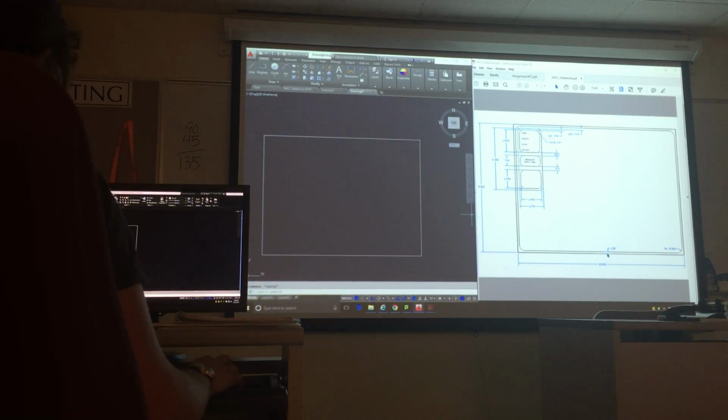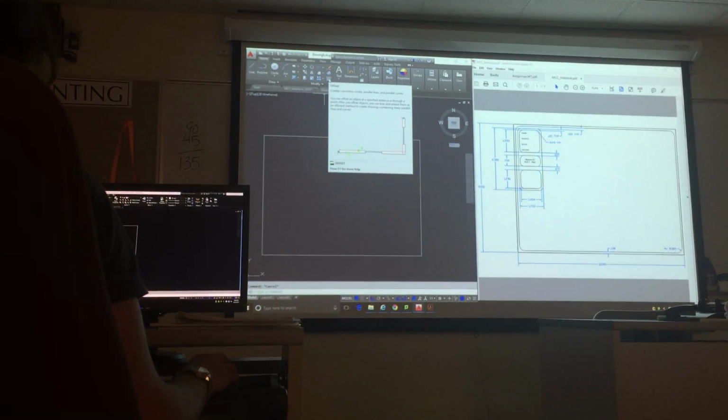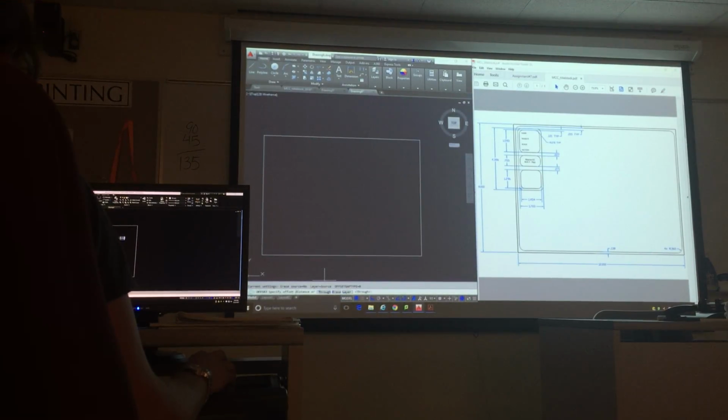So they tell you the distance between this thing is 0.138, and you could certainly go ahead and figure out the math on that and draw what you want to do. That'd be a huge pain, but we have this offset command for our use. If you remember, it's the bottom right hand corner of the modify tool palette, and I'm going to click it, and then it's going to say specify the offset distance. Well, this time I actually know the offset distance. It tells you that it's 0.138, and of course I'm going to hit enter. So I'm going to go 0.138, enter,